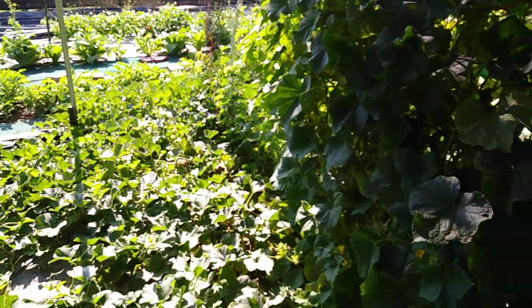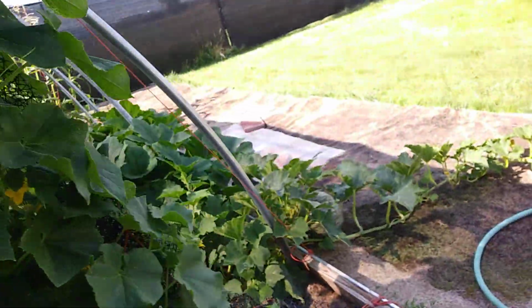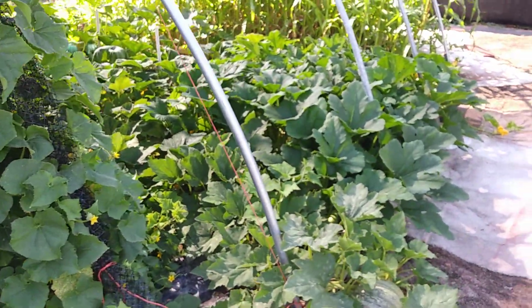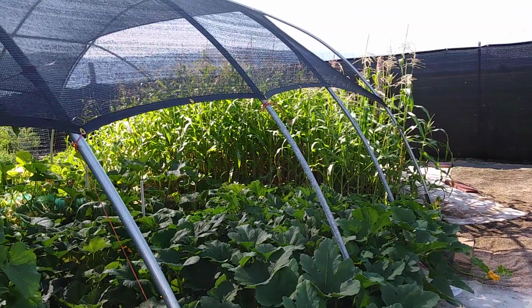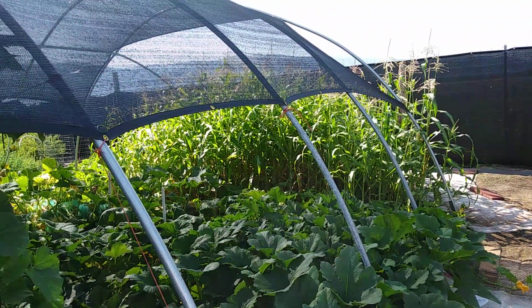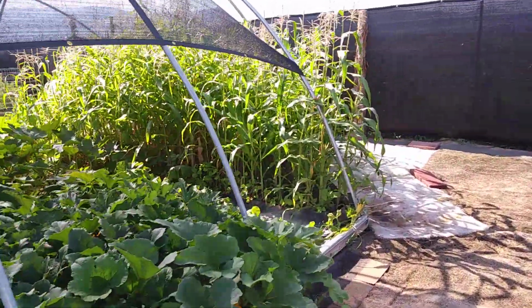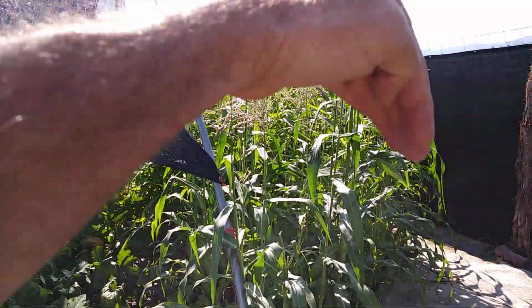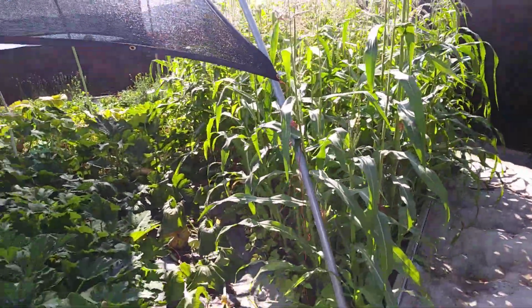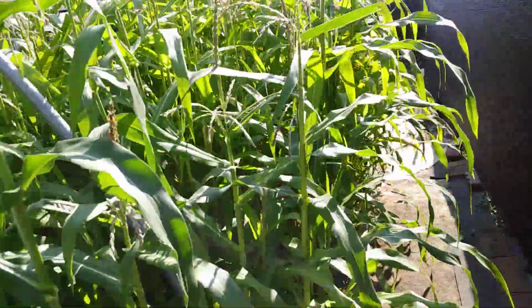And we're training over in here some of our cantaloupe to grow up the trellis. I'm wondering if it'll hold it. And then over in here at the end, it's our experiment, and we've got all the squashes. We've got some beetle in there, but it was really tall in there before. And then we've got quite a thick patch of corn. We can't grow the corn here because it's not a long enough growing season, but sure can when you grow it on the end of your greenhouse, is what we did. So we just put it over on the end where the plastic came down over the top. The plastic came down, and we planted all these as well. Again, we planted this whole thing in